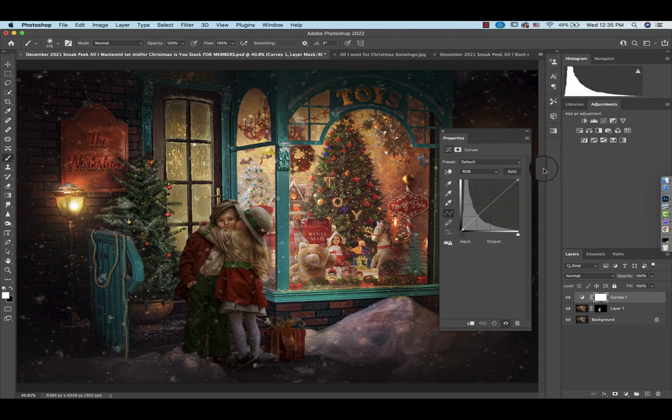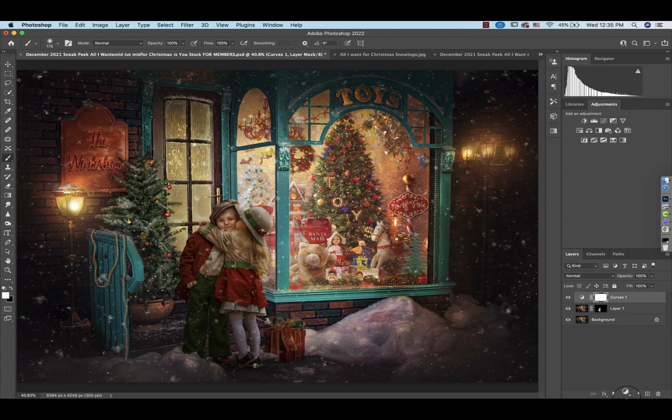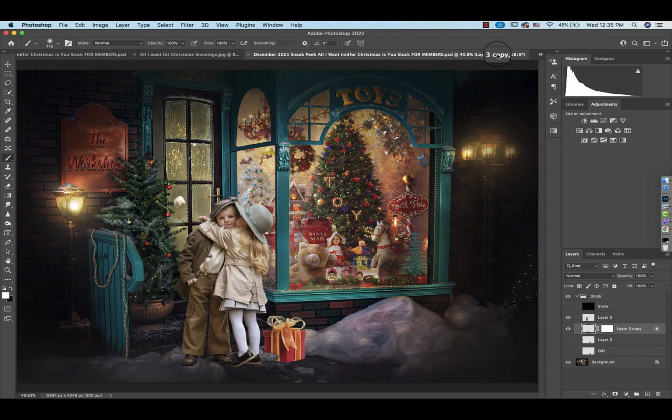All right, and then I think I just want a little bit more brightness in here. So I'm just gonna do a curves layer to brighten it up a bit, and that is it. So let's go ahead and have a look at our before